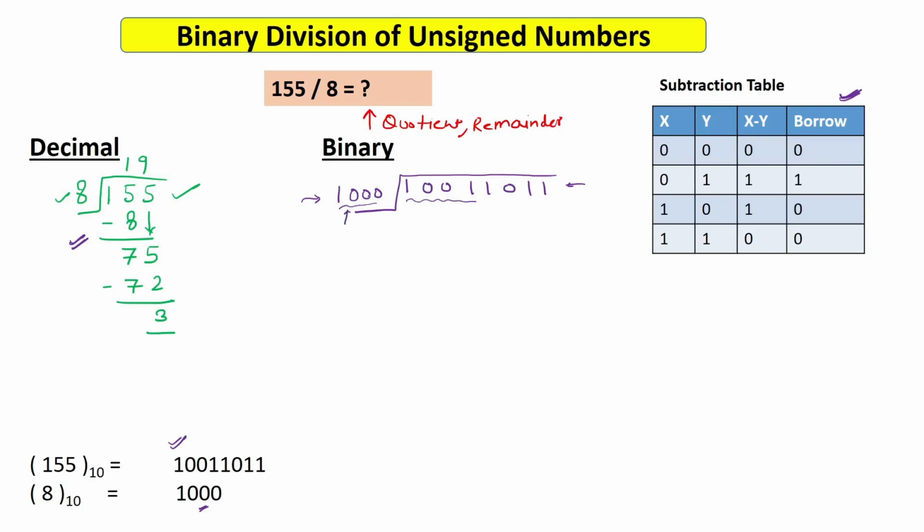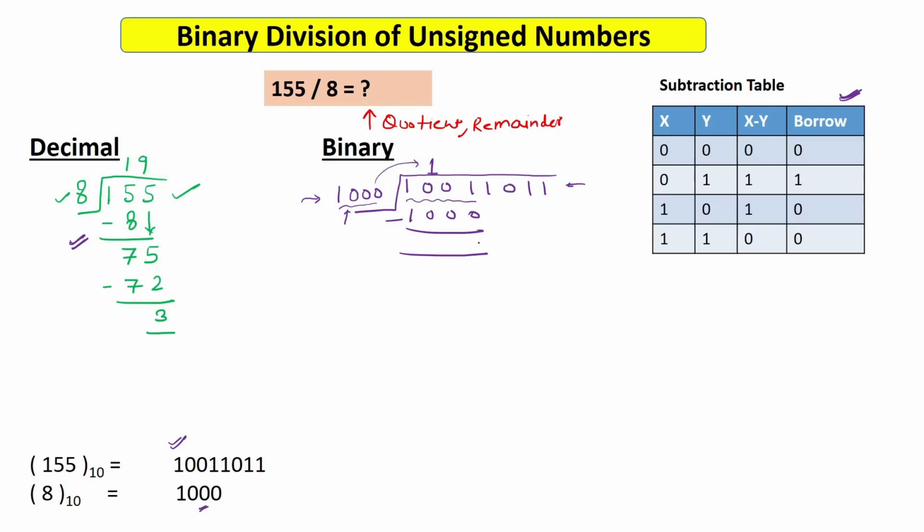Okay, so you can simply say this 1000 multiplied by 1, and you will get this one. Because this 1001 was greater than this one, you will say this into 1 will be this one. Now you have to do the subtraction. This subtraction will be similar to what we have discussed earlier.